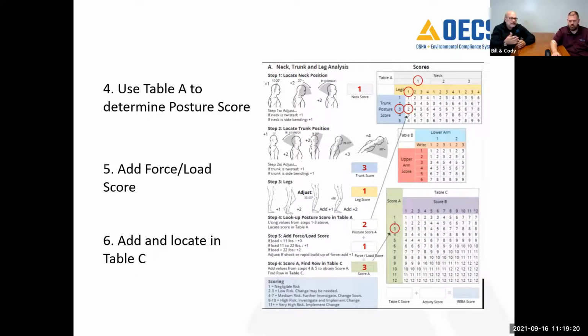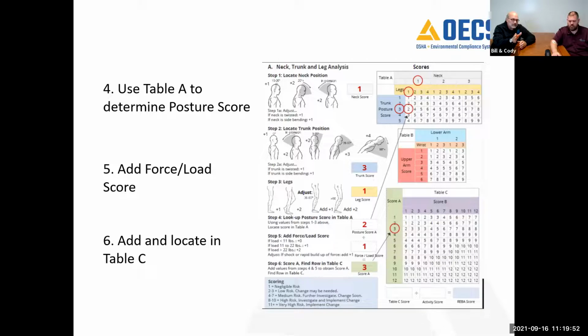But then again, if you look at step 3, the legs, they're straight. So it's a 1. So we take those 3 scores and we go into the first table in the middle column, and we assign them. The blue goes into the blue box, the light blue goes into the light blue, and we use that matrix approach, and we come up with a total score of 2